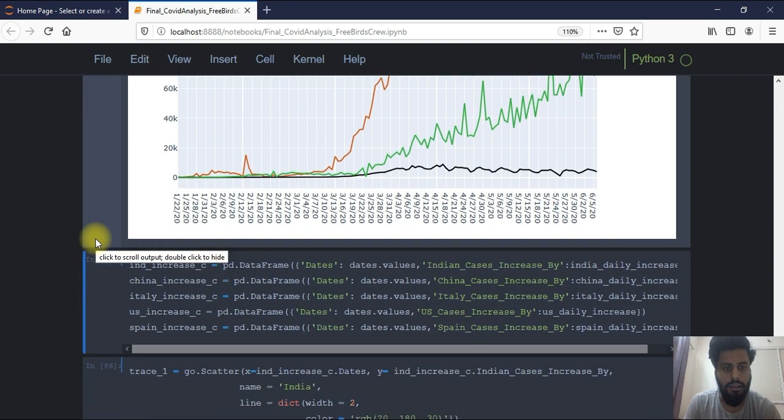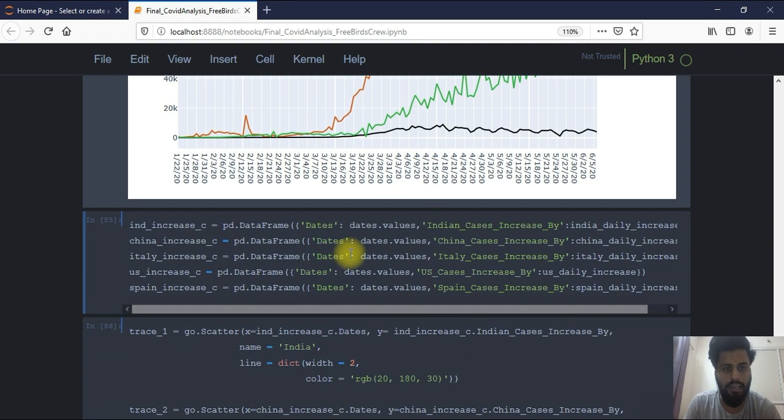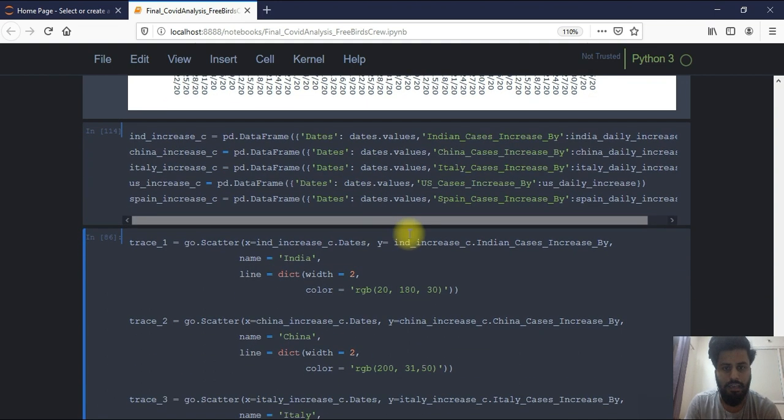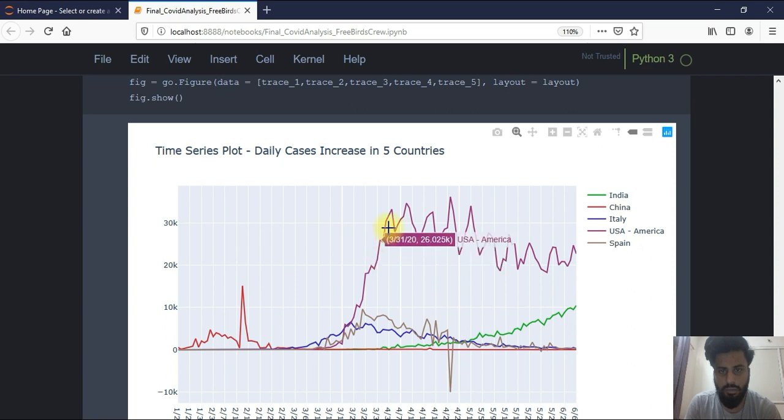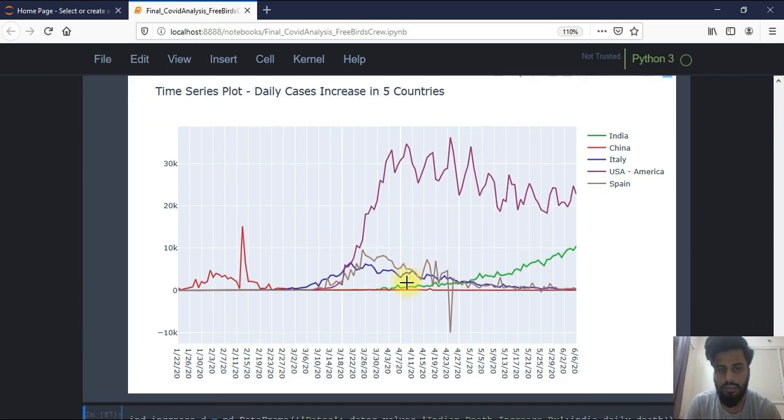And now for India, China, Spain, US, and Italy as well, we can also get the daily increase, and I can simply make a plot for that. For the US, the daily increase is now decreasing, and for India, it is increasing. It's totally risky now, but for China, it is stable now, and for Italy and Spain, it is decreasing day by day. That's good news for Italy and Spain.